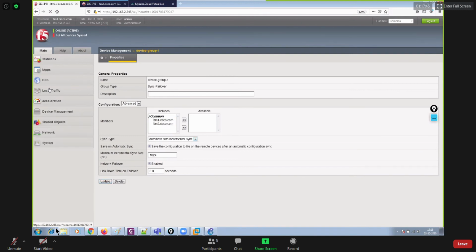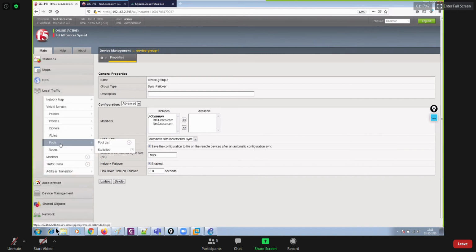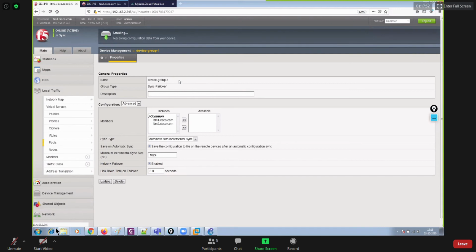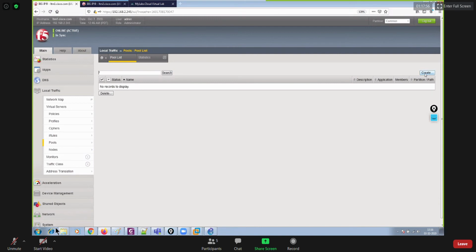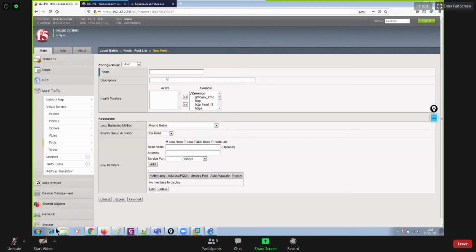Thereafter, you go back to your LTM and let me create a pool. And this time you would see that as soon as I make changes here on active one, let's say I created a pool, just a moment, and it will get created onto standby as well. So like web server pool,